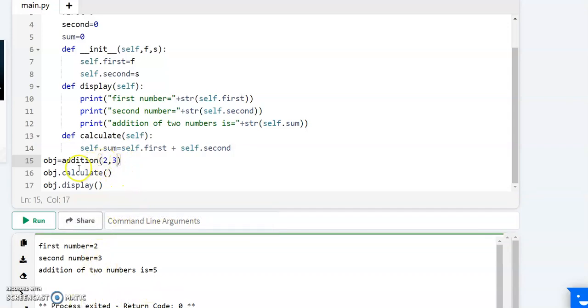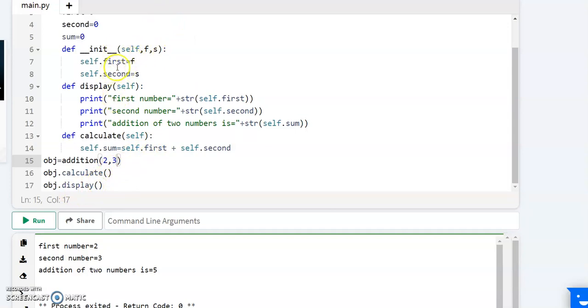Okay, let's trace the code. First of all, we have given addition of 2, 3. Then we have obj.calculate and obj.display. These are the two calling functions. Then 2, 3 will go to f, s.